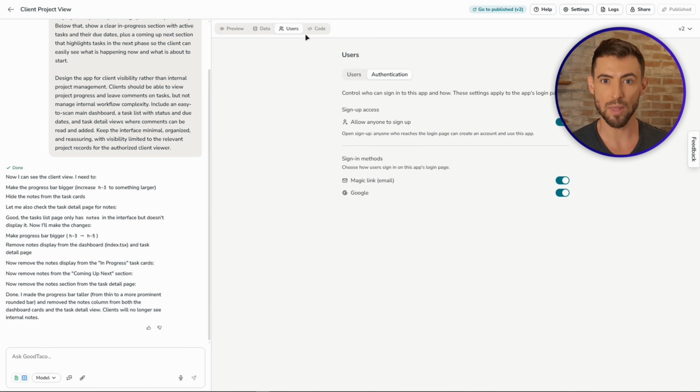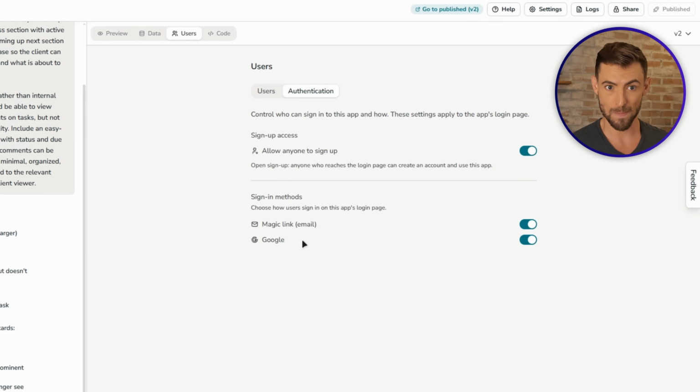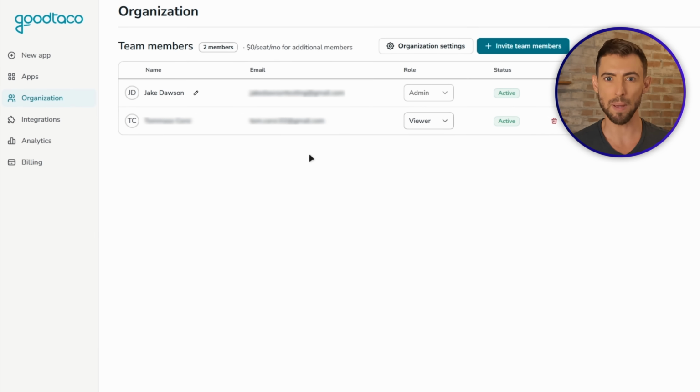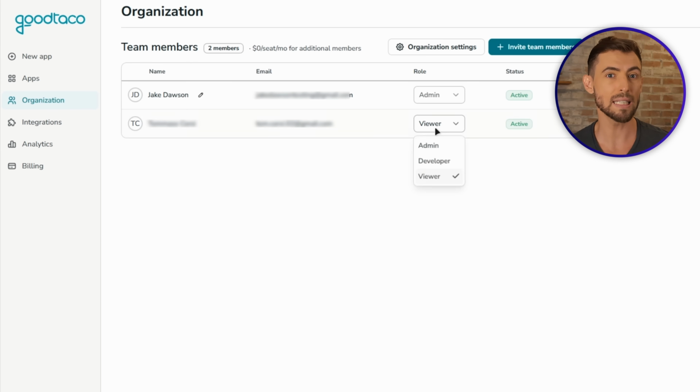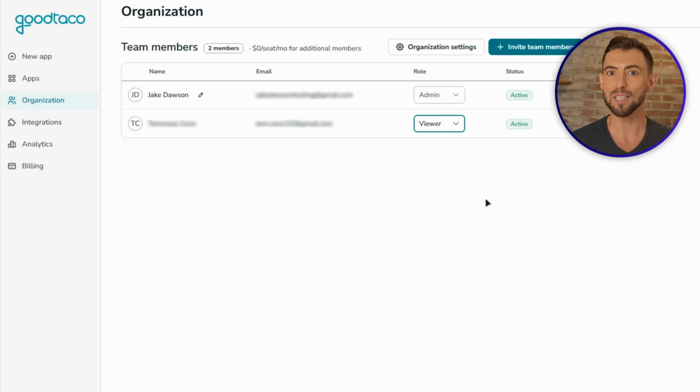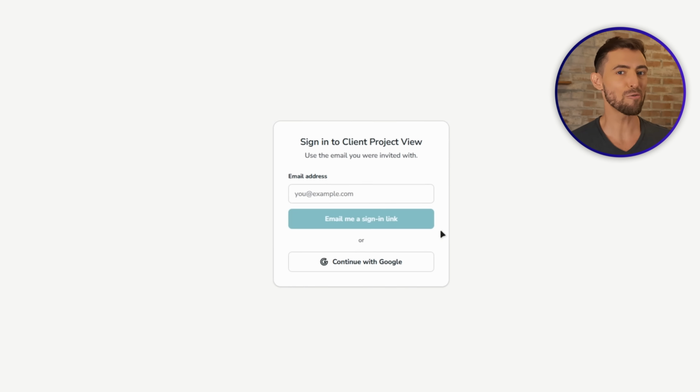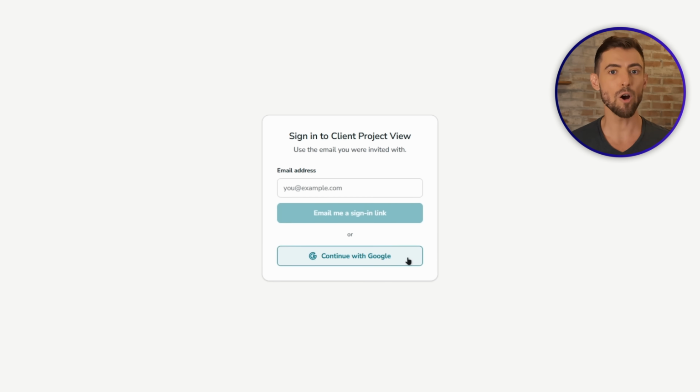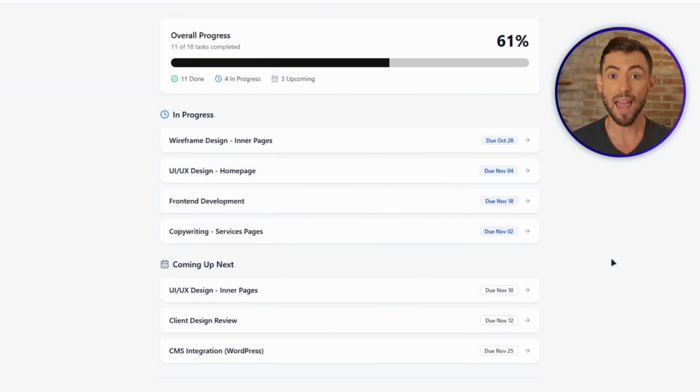Every app ships with built-in login. So it's not a public link that anyone can just stumble onto. The client signs in. You've got role-based access, so you control exactly what they can see. There's even audit logging on the actions. So for client work, that's the difference between here's a Google link, please don't mess anything up, and here is your project portal. So now from the client side, they open the link, they log in, and they see this